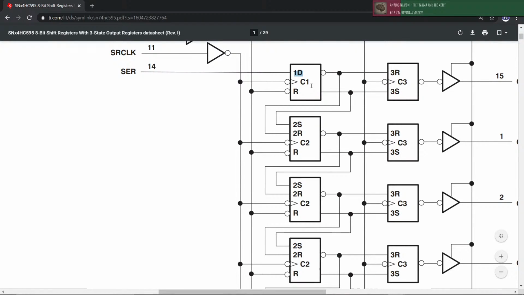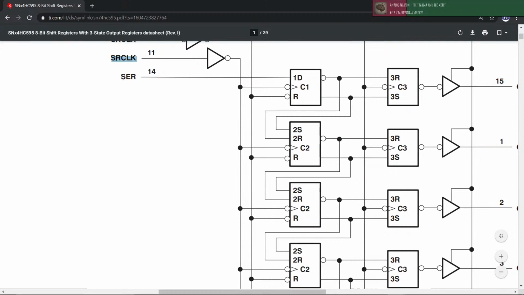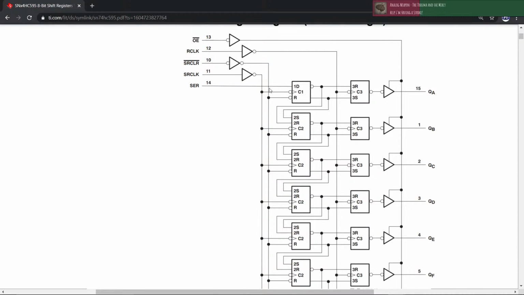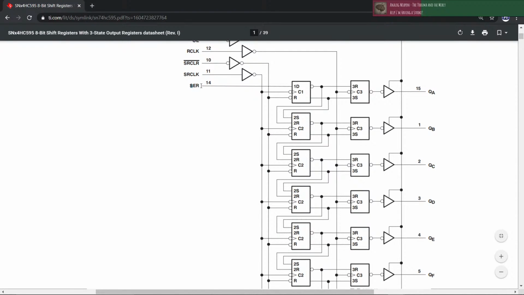You shift a 1 here, and the 1 is stored in this thing here. Then if you send a signal to the serial clock here, it will shift this 1 to this other one, and you can put another 1 here, and it will be stored here. And if you toggle the serial clock another time, the original 1 will go here, and so on. That's why it's called a shift register, because you shift whatever you put in the serial line here